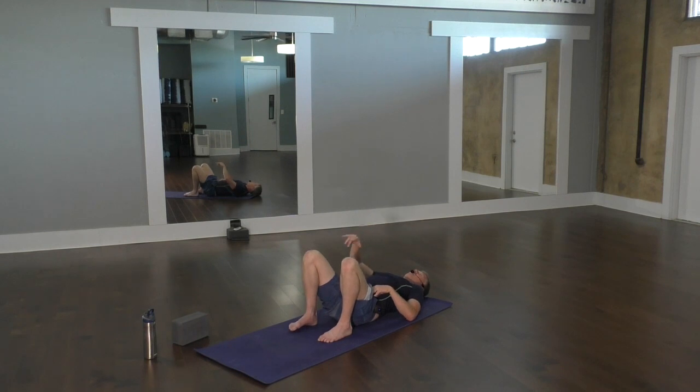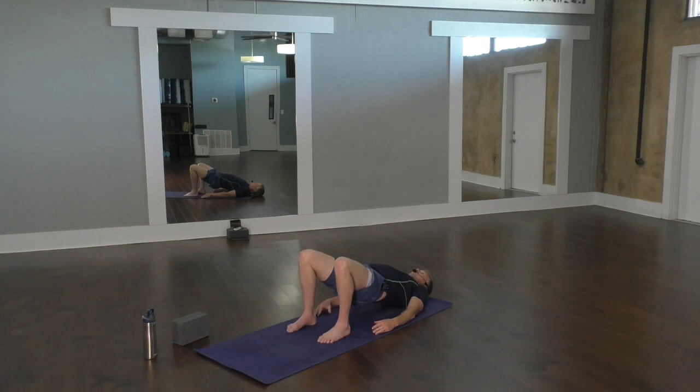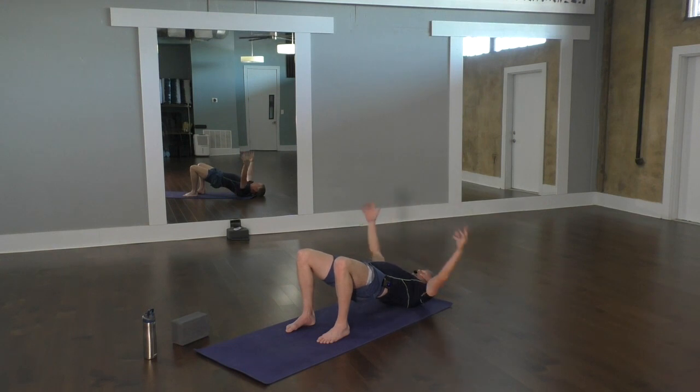So pressing down into the soles of the feet, the knees are back in line with the hips. Press it down to lift it up, finding that bridge pose. Let's hold it here. There should be no pressure on your neck. We want to keep the eyes straight up. We're here for 4,